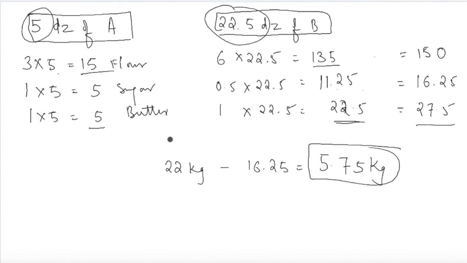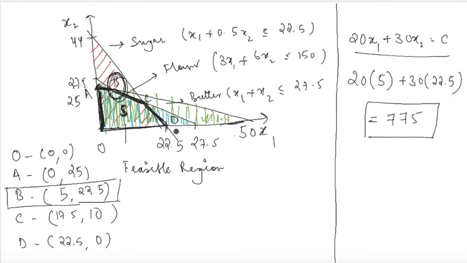So by producing the optimum amount of cake A and cake B, the baker is completely exhausting the flour and the butter that he had, but he is left with some surplus sugar. This is how you can solve such problems where you have inequality constraints, and using the graph, using the constraints that you have, by plotting the constraints, finding the feasible region, then calculating the corner points and calculating the objective function at the corner points, you can calculate the value of the decision variables.